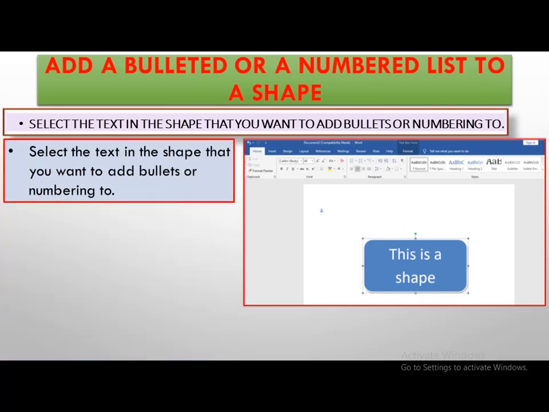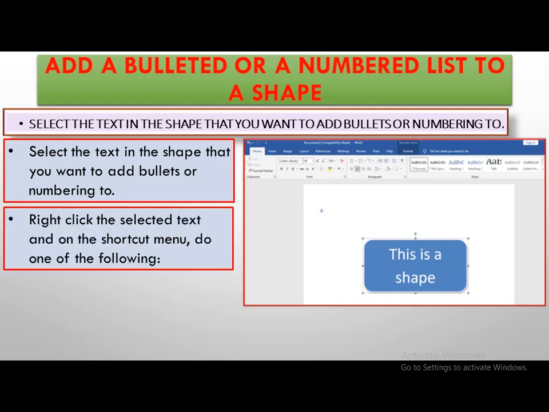Select the text in the shape that you want to add bullets or numbering to. Look at this figure, children. This is the shape and you have to select this shape. Right click the selected text and on the shortcut menu do one of the following.